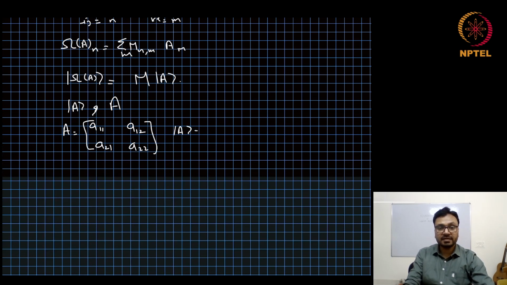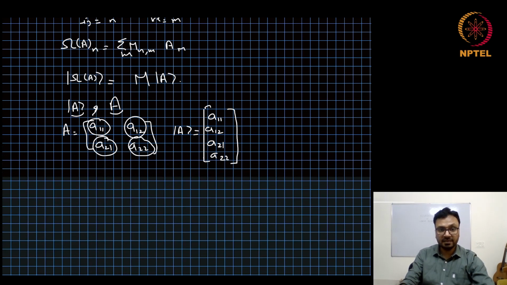Then the vector A will be the first element A11, the second element A12, the third element A21, and the fourth element A22. This is how we map the matrix A and the vector A,